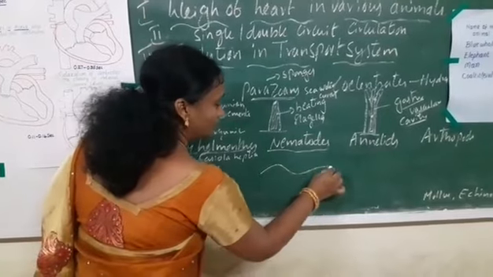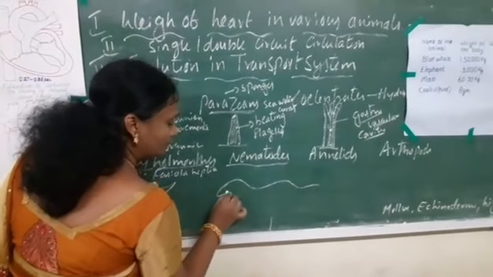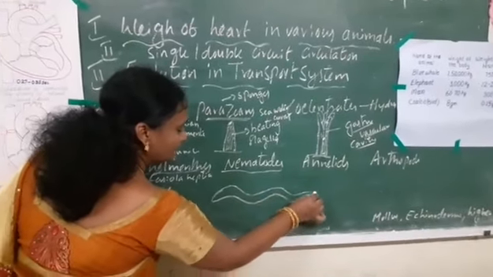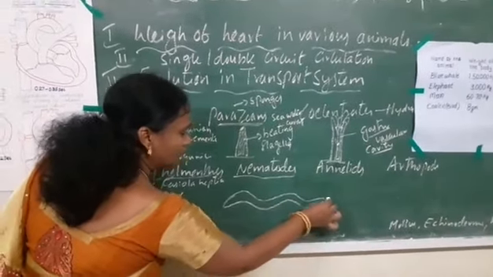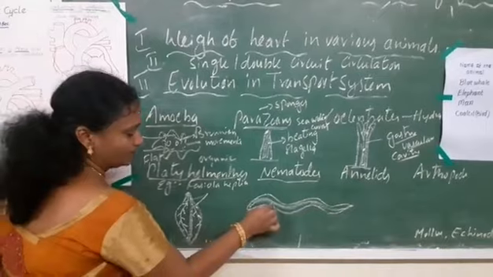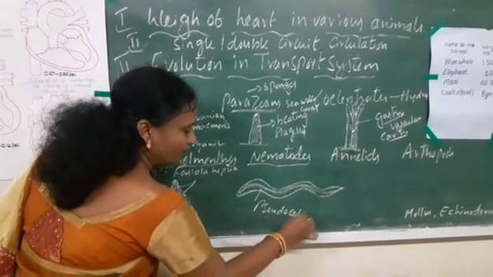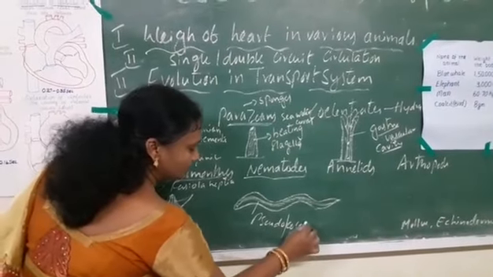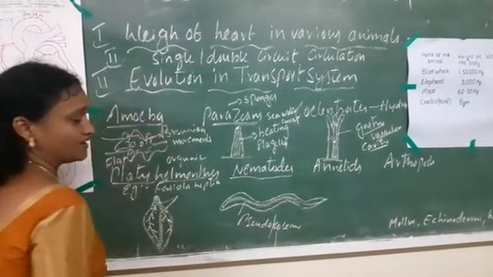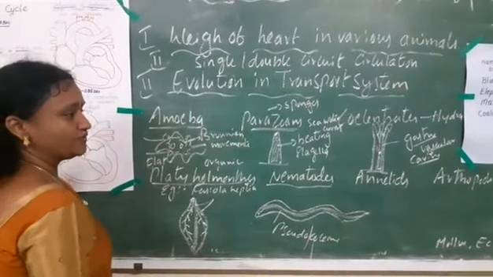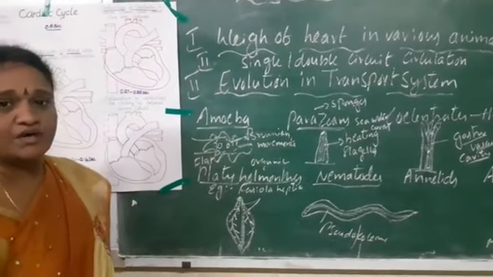Next, when we go for the nematodes, I can take the example of the roundworm. When we observe the roundworm, the body at the center will have the coelom. The open cavity present inside the middle of the worm, we observe the pseudocoelom. Pseudocoelom, false cavity. Pseudo means false, coelom means cavity. The false cavity will be helpful for transporting the substance from one part to another part.